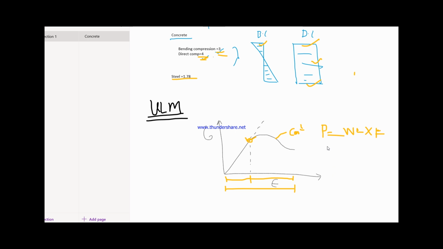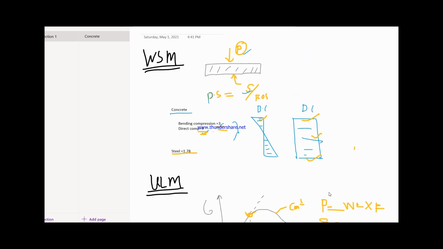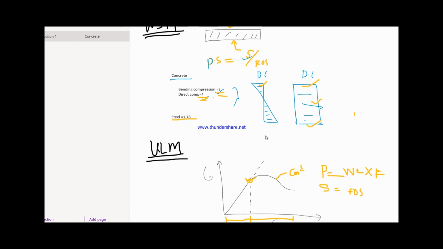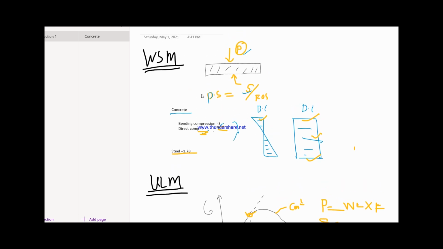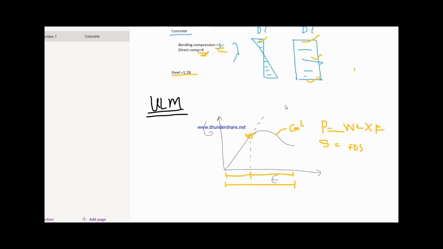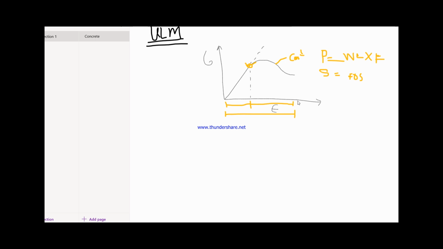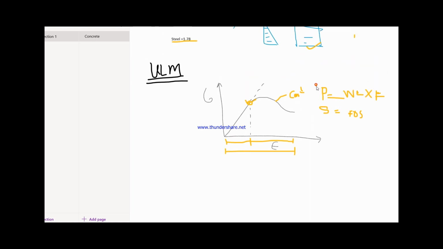But in case of permissible strength, we are not using any factor of safety. So you can say this is the difference between the ultimate load method and the working stress method. Here we are using factor of safety to calculate the permissible stress, but we are not using any factor of safety to calculate design load. We directly use working load as a design load, but in case of the ultimate load method, we are using factor of safety to calculate the design load, but we are not using any factor of safety to calculate the permissible strength. Okay, now